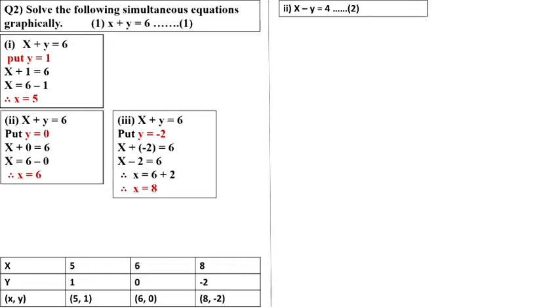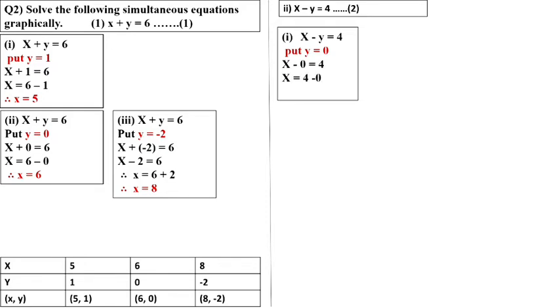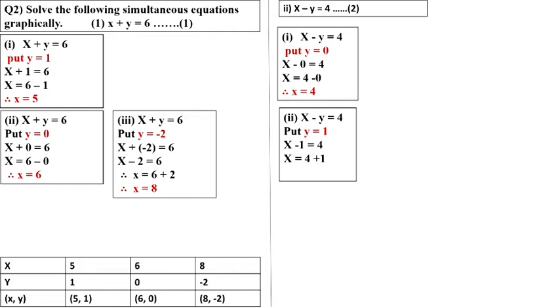We have two equations. The second equation we will solve the same way: x minus y equal to 4. Here we put the y value as 0. So x minus 0 equal to 4. Therefore x equal to 4 minus 0. The x value became 4. In the same way, again we take the equation and put y equal to 1. So x minus 1 equal to 4. Minus 1 goes to the right side and becomes plus 1. Therefore 4 plus 1 became 5. Now the third